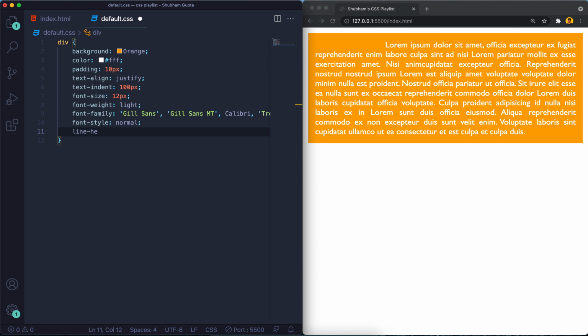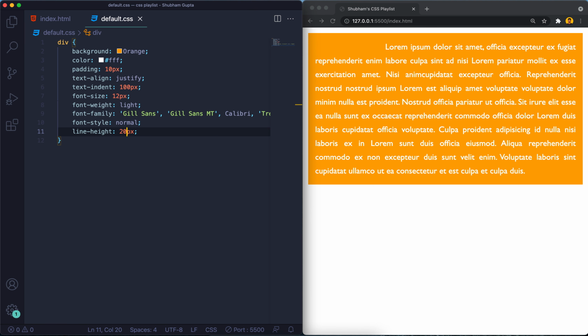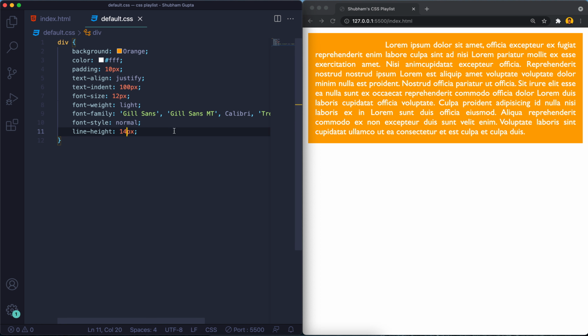So if I give line height, sorry, always a problem with spellings, 16 pixels, it will have more line height, and you can see it like this. So it will have more line height every time I give. If the font size is 12, then the line height will be 14, which will be okay, I guess. And you can see whenever it finds a white space and there is a place to wrap, it wraps the line into the next line.